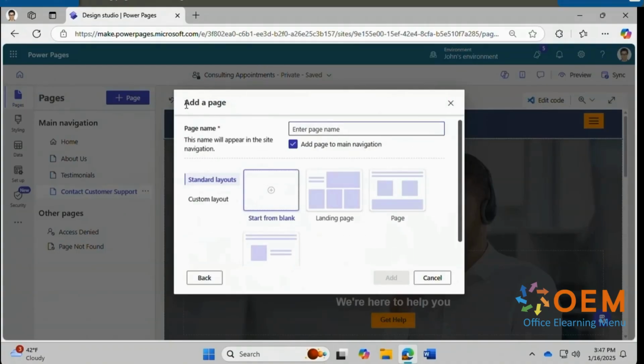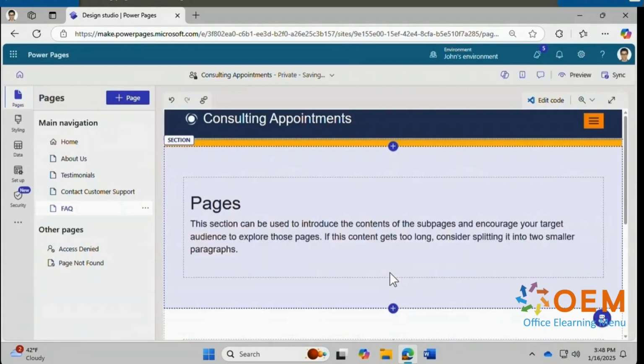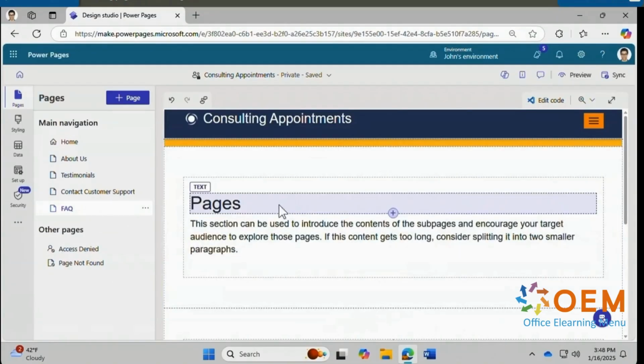In this Add a Page overlay, we can first enter a page name. How about FAQ? And we can use the checkbox to decide whether or not to add the page to the main navigation. I'm going to keep this checkbox selected. You'll see a list of layouts with tabs for standard layouts and custom layout. Standard layouts include start from blank, landing page, page, and subpage. Let's go with page. Click Add, and the new page opens on the canvas and gets added to the main